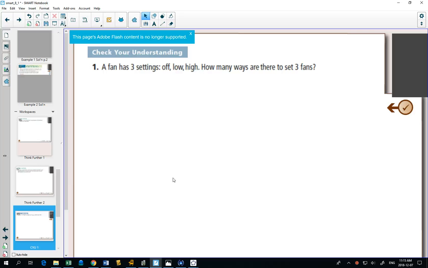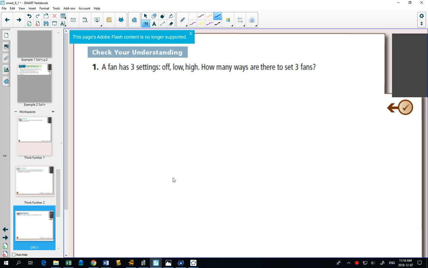A fan has 3 settings: off, low, and high. How many ways are there to set the 3 fans? Many. Good answer. More than one. At least one. So if we use the idea of a tree diagram that we had from before, when you